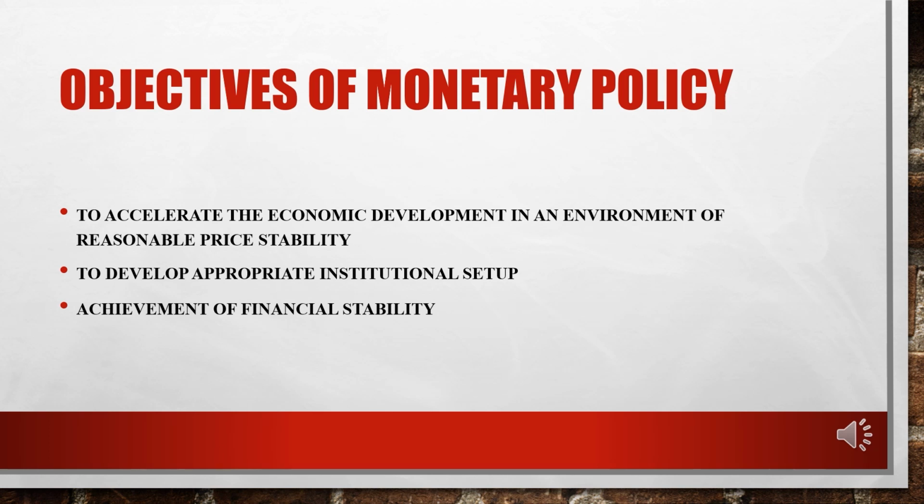But at the same point in time, if your money supply is increasing, it also increases the price level. So that means there will be inflation. So that is very tricky for RBI, right? Whatever way the monetary policy is implemented, price stability should be maintained, as well as economic growth should not be hampered. So this is the major objective we have in terms of monetary policy.